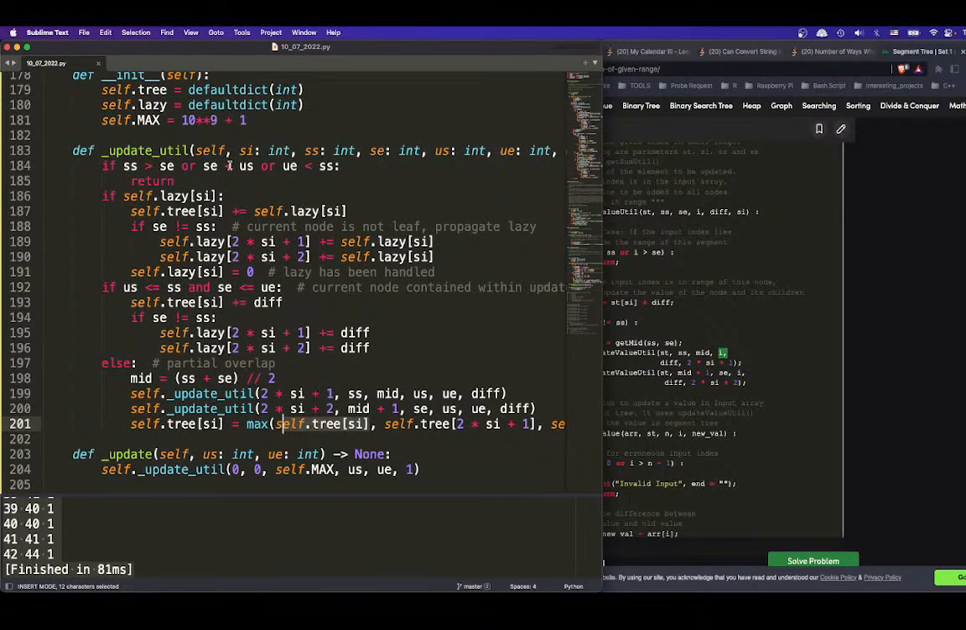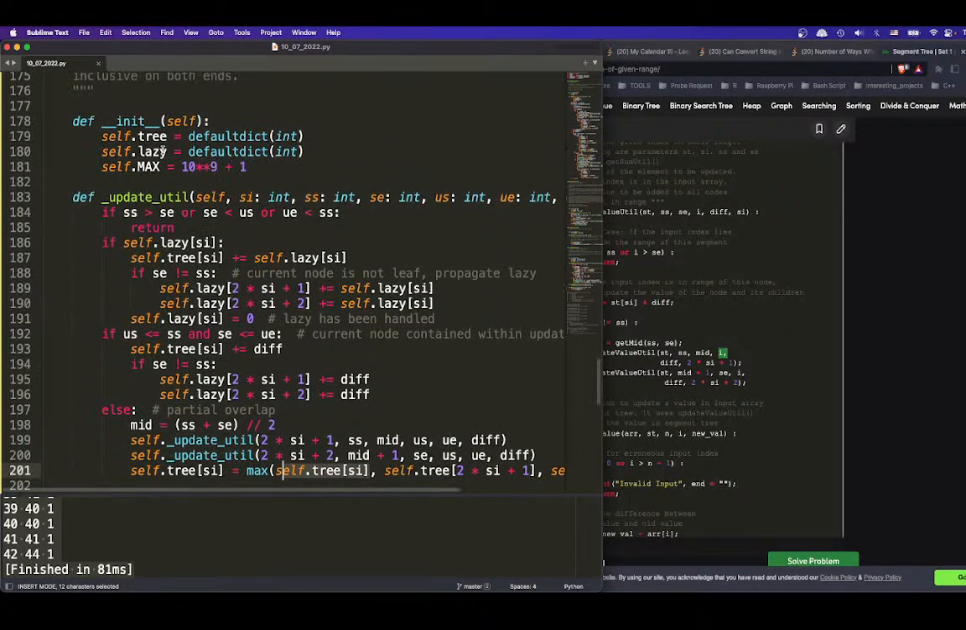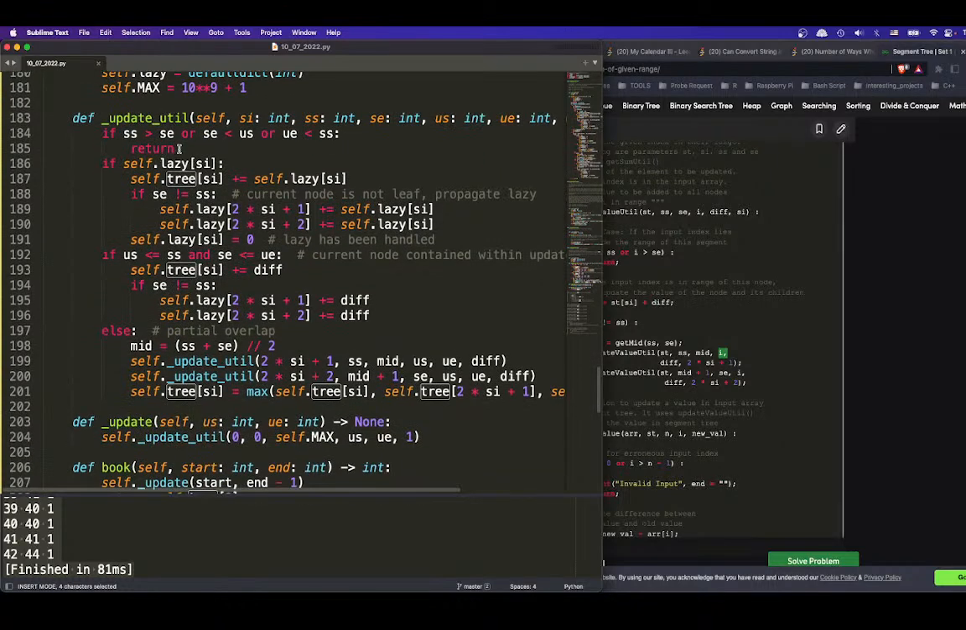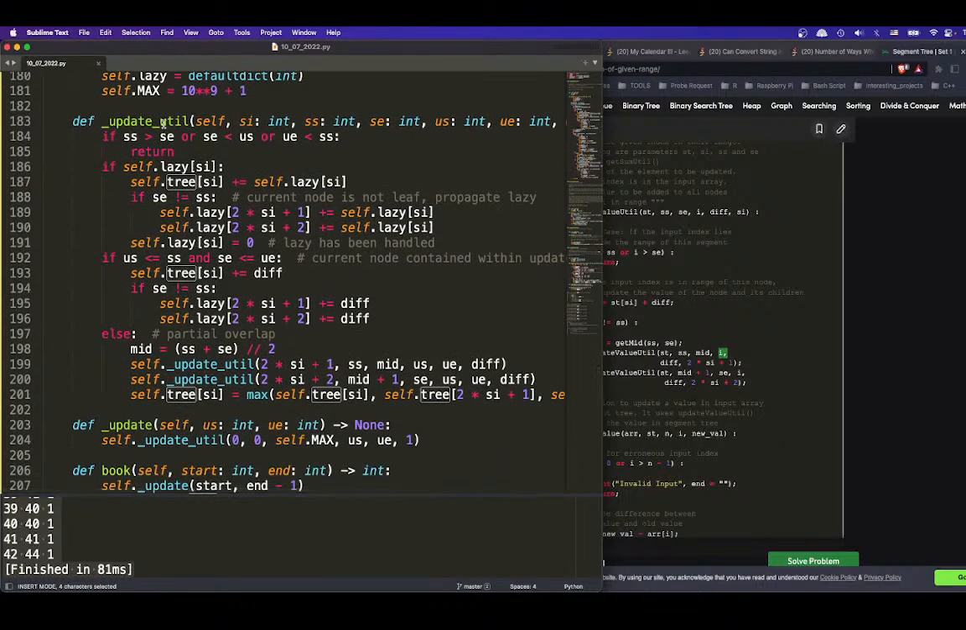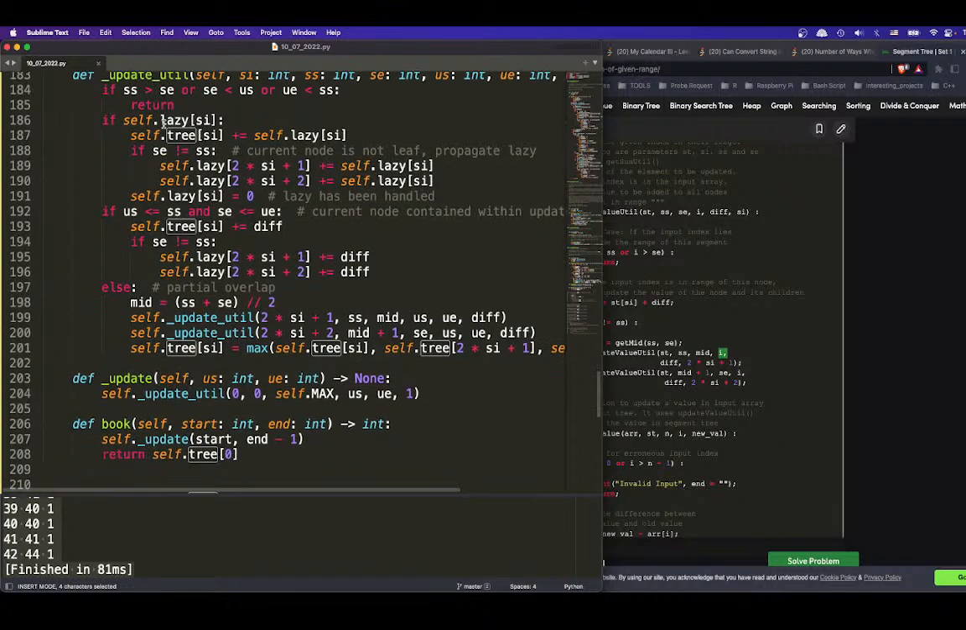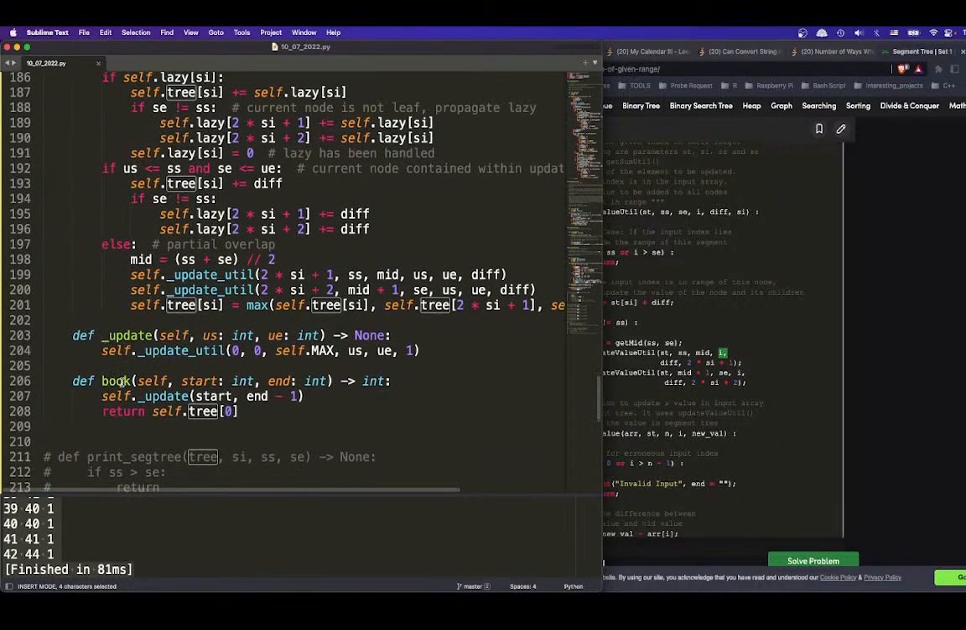That's it. So this guarantees every node, we have a tree, we have a lazy. Every node's value is the maximum overlaps in the range represented by the node. And every time we update, this tree will get updated. And then the question we want to ask is, what is the maximum number of overlaps over the entire range? So that's why when we want to book, we update it and then we return this. This is the root of the tree. The root of the tree corresponds to the largest number of overlaps across the entire range, which is from 0